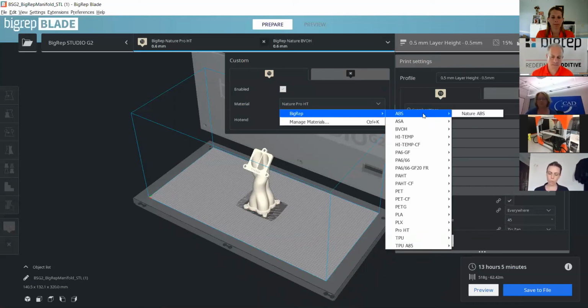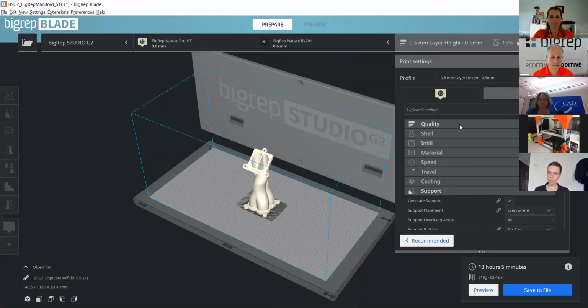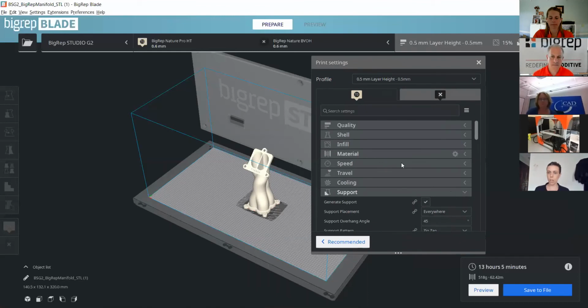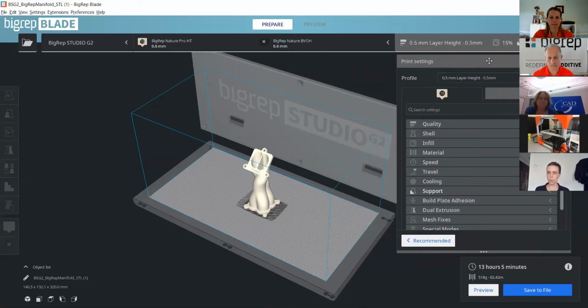So the great part is that we do provide presets for you. So if you're not super familiar with 3D printing or with slicing, which it seems like most people on this call are, people in our R&D team and our materials team and software have all contributed to this program. So the settings that we've laid out for you, we're really comfortable sharing and feel will give you a successful print. But if you are more familiar, and as you'll know with Cura a bit, there are a lot of options to tweak. So everything from the shell to the infill, to your support structure, you can go in there and see the different options that you're able to play around with.